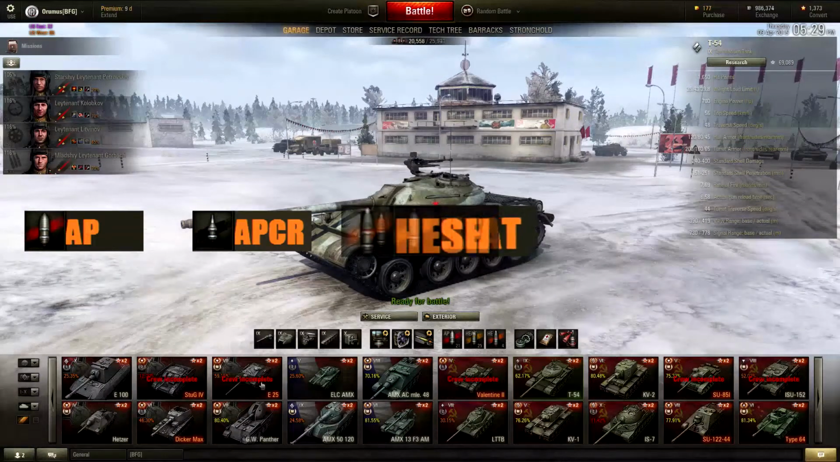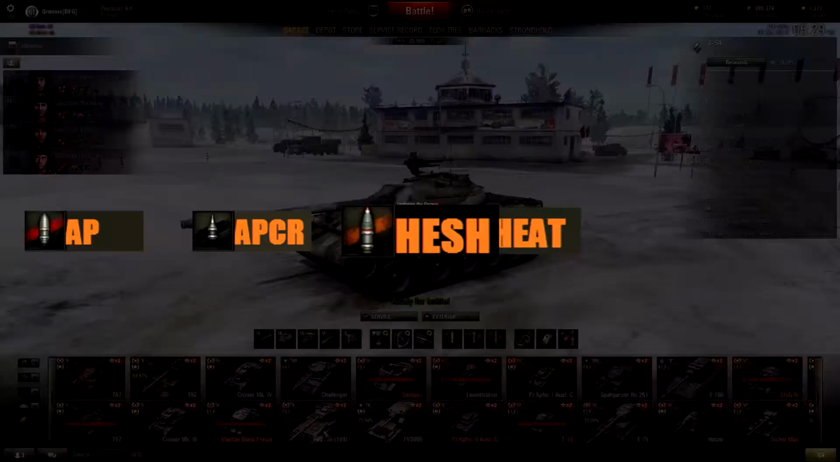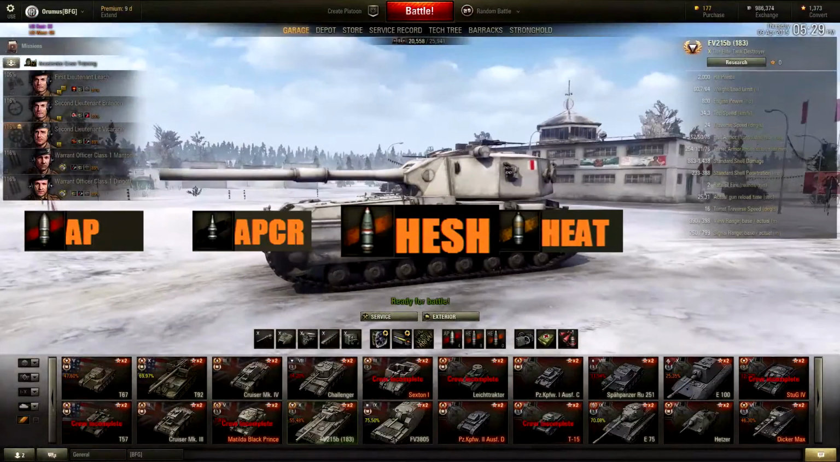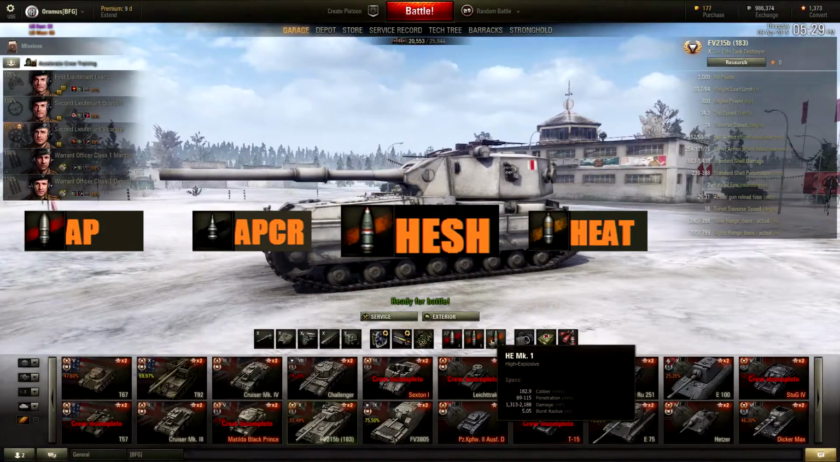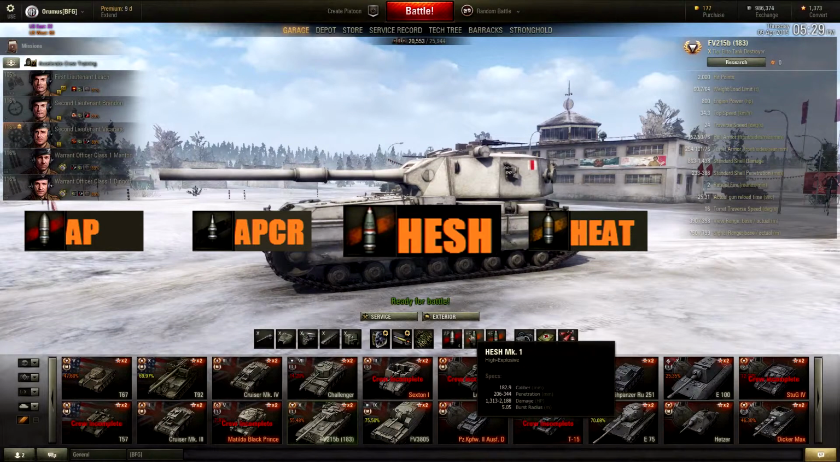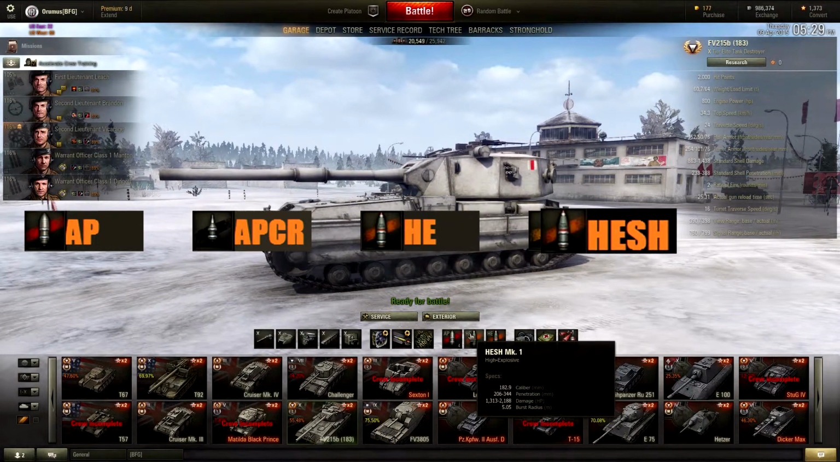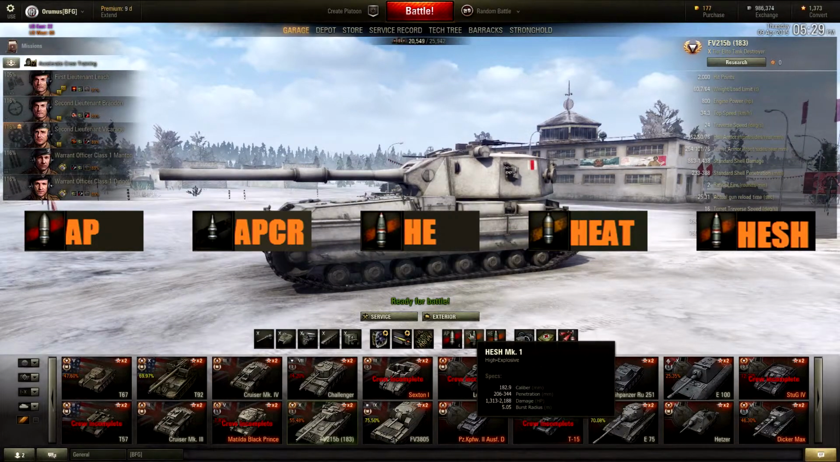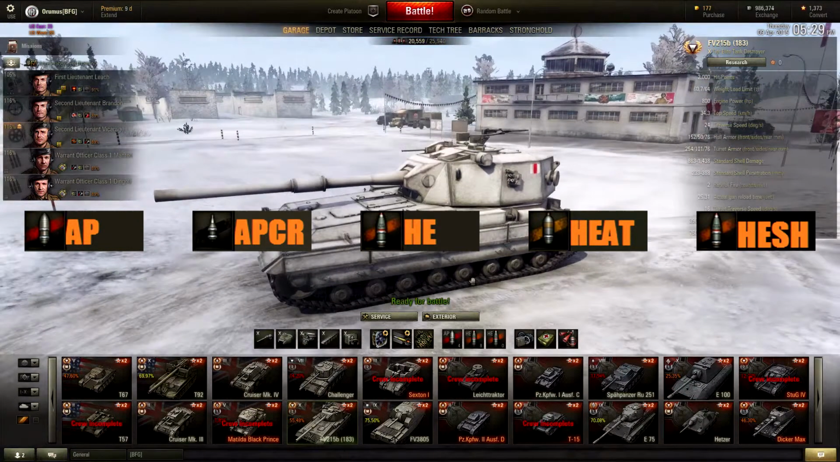And then there is HESH, and right now only British tanks have HESH. For example, the Death Star, as some people call it. Its premium rounds are HESH right there. And HESH is basically HE, just a higher penetration version of it. Now, the reason I bring your attention to these different ammunition types is because